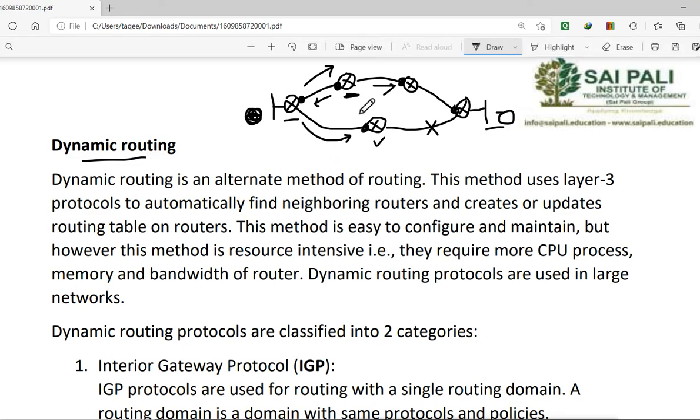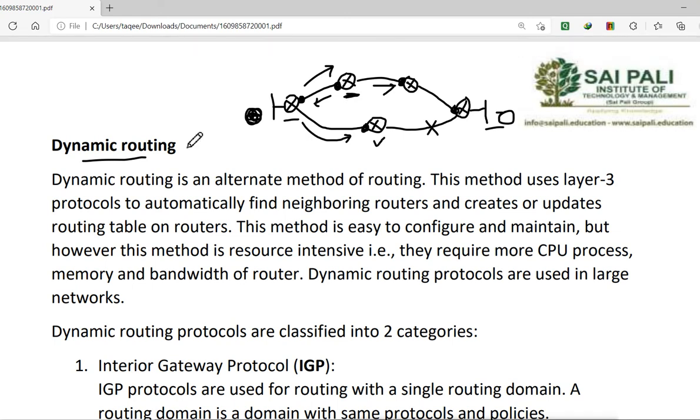Now, static routing we normally use for small networks, and also we use it for backup. For big networks we configure dynamic routing, and for the backup route we use static routing also. In case the dynamic routing is not working, our router will use the backup path by using this static routing. We can do that, but normally in a big network we use dynamic routing.